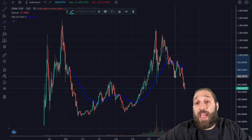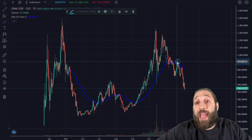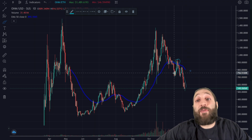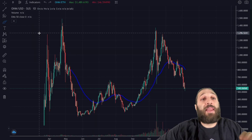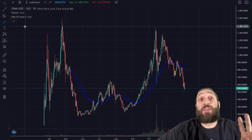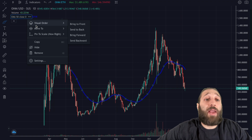because after it broke right here, you can see that it came down, it retested this moving average, and the candle actually broke down, and you can see it kind of retested here and it broke down as well. So if you're more advanced, you can actually use moving averages to short as well. So let's go and add another moving average. I'm going to show you guys a strategy to use moving averages with two of them, and then we'll switch the coin and we'll look at more